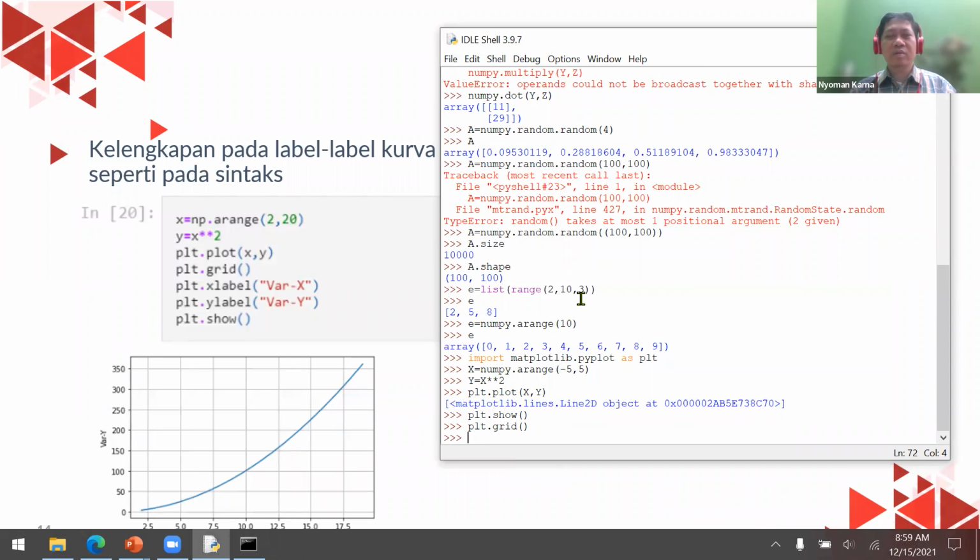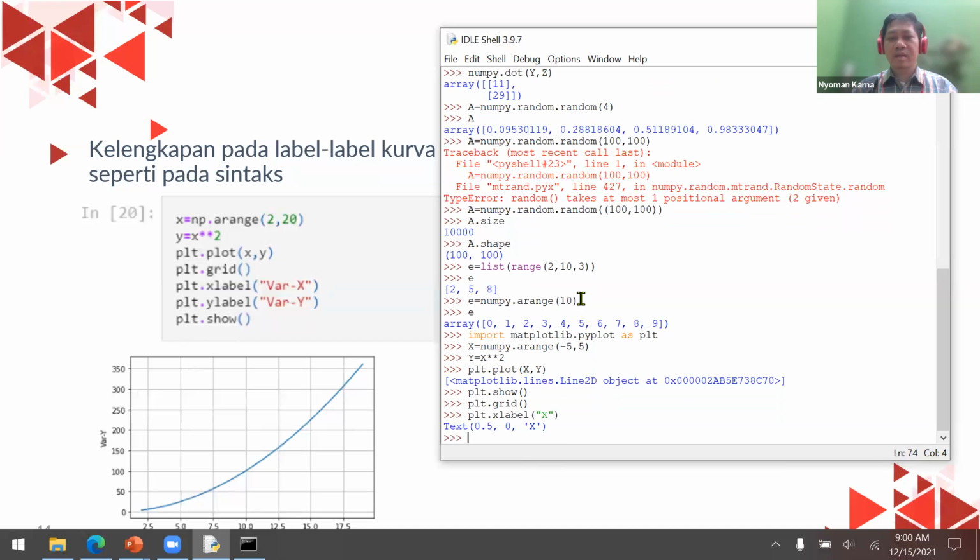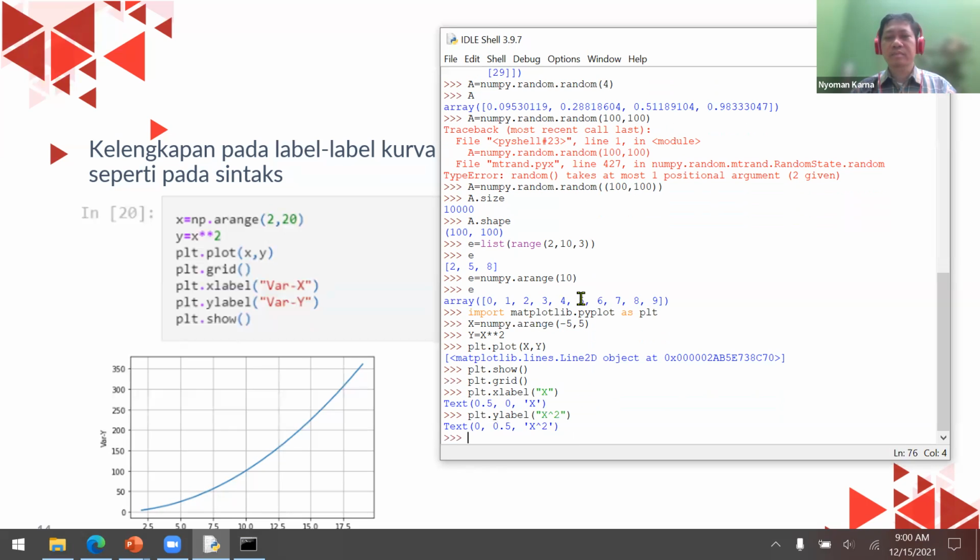And then I'm going to put the label. So I'm going to use plt.xlabel. Let's say this is x. And then plt.ylabel for the y-axis. Let's call it x square.